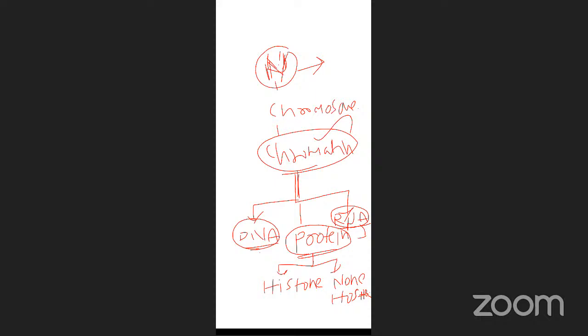These substances are present in chromatin in different ratios. Genome organization means what is present along with the genome, along with the DNA. You know very well the genome DNA is packed in chromatin. Chromatin is simply made up of 3 chemical compounds, DNA, protein, and RNA, right? But they are arranged in different ratios.